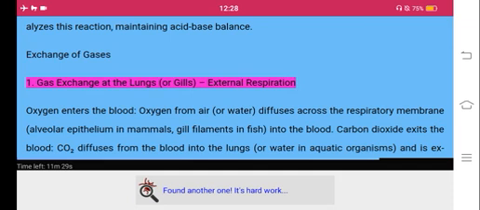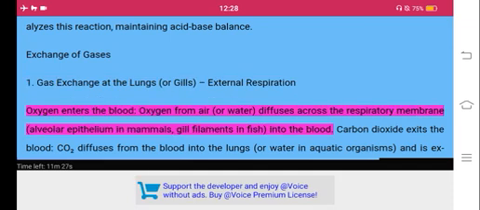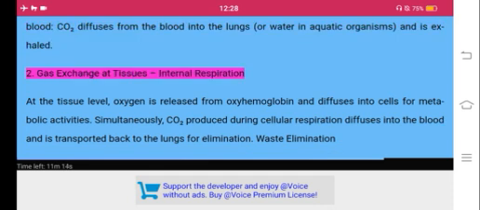Exchange of gases. 1. Gas exchange at the lungs or gills, external respiration. Oxygen enters the blood. Oxygen from air or water diffuses across the respiratory membrane, alveolar epithelium in mammals, gill filaments in fish, into the blood. Carbon dioxide exits the blood. CO2 diffuses from the blood into the lungs or water in aquatic organisms and is exhaled. 2. Gas exchange at tissues, internal